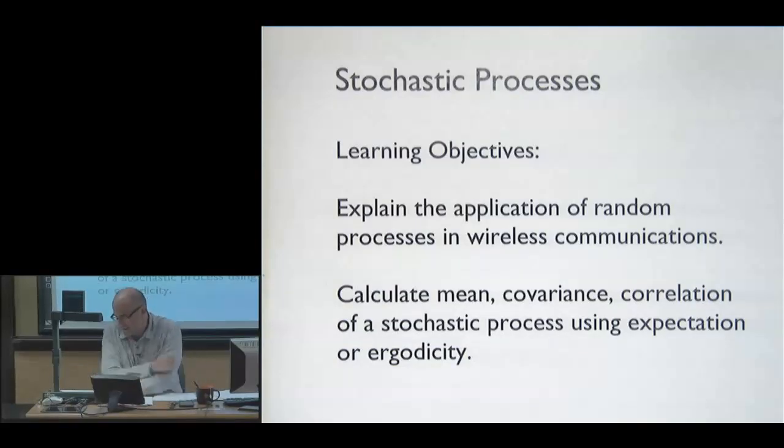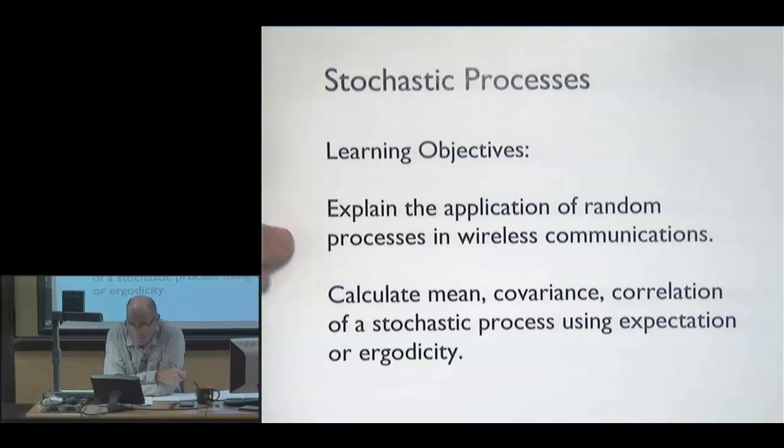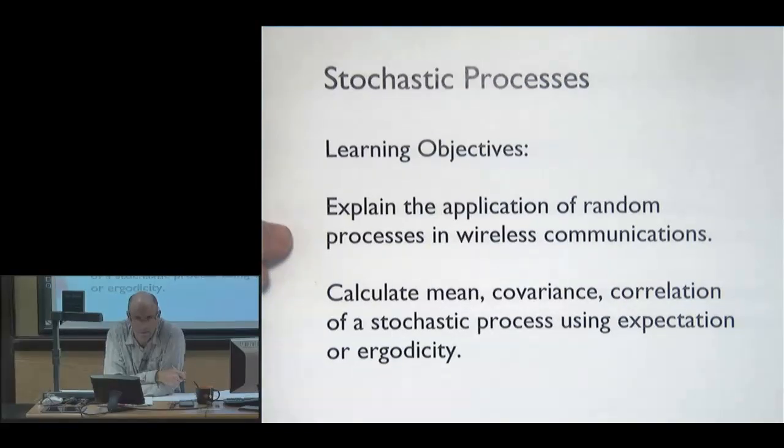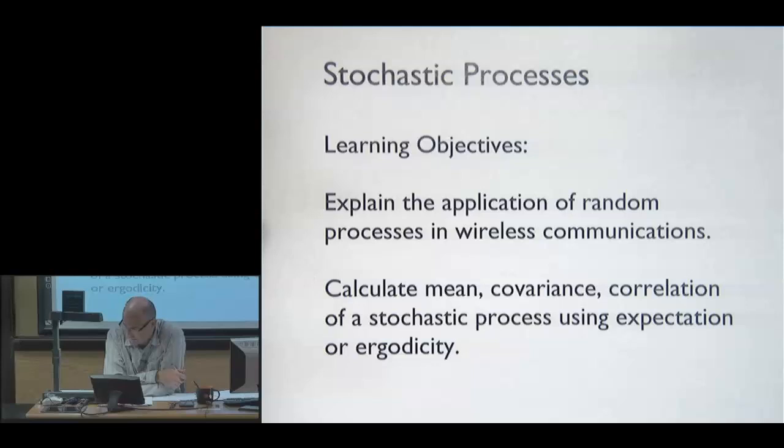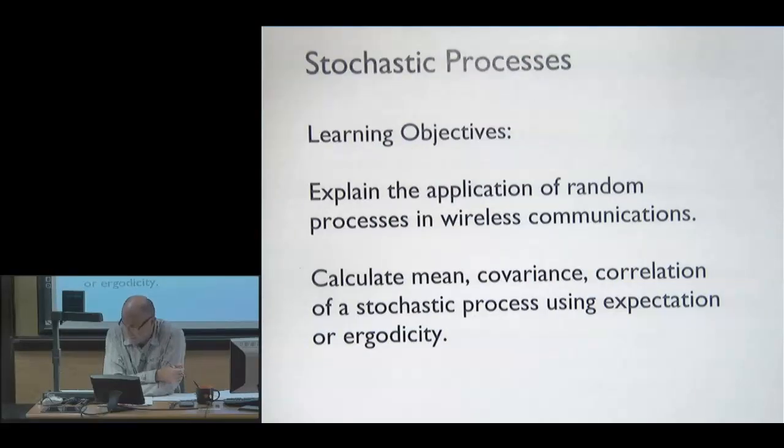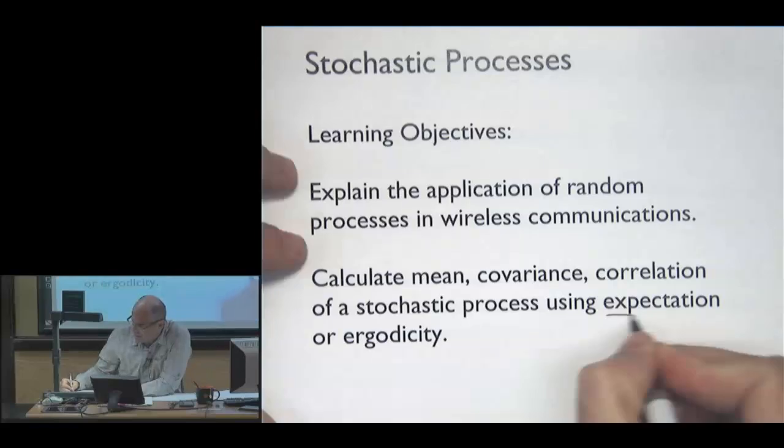So the main things: first, I want you to be able to explain the application of random processes in wireless communications. So just essentially tell me why we're doing it. That's important. You should always be able to do that, but in this particular case I want you to be able to do that. The second is, we're going to calculate the mean, covariance, and correlation of a stochastic process. I want you to be able to do it in two ways: one, using expectation, and second, using ergodicity